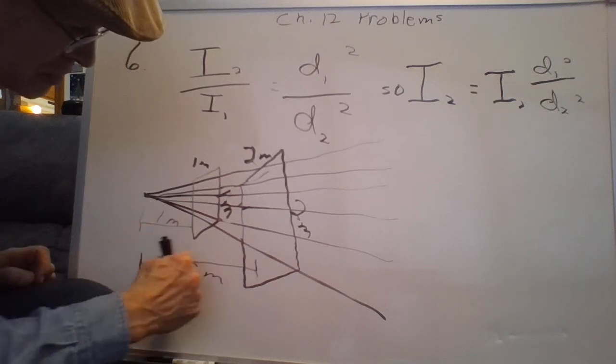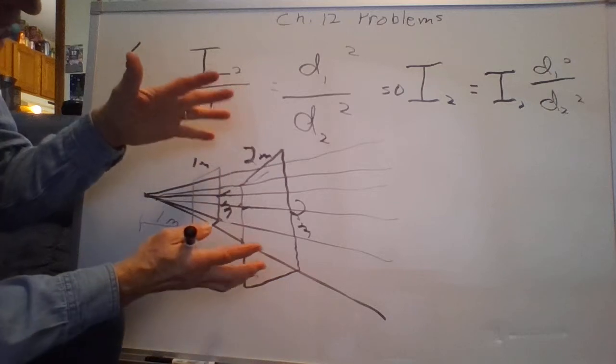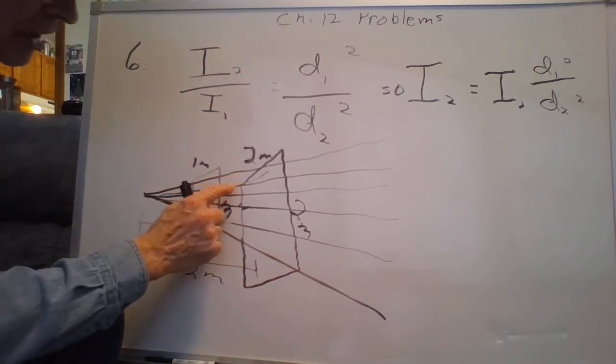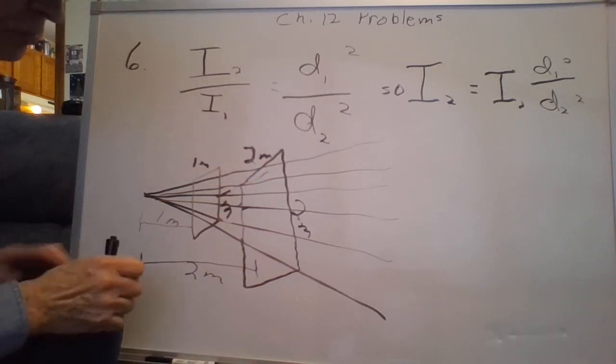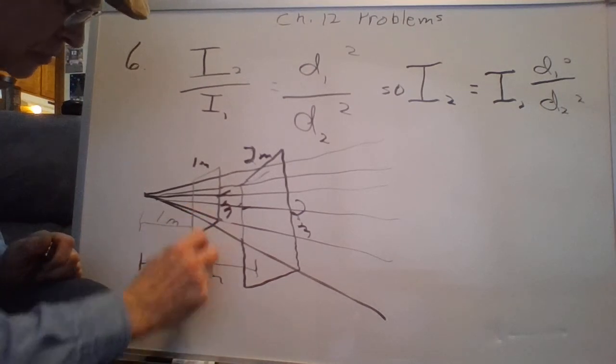But what if you doubled your distance? Well, that same square that had to contain that same amount of sound would have to be twice as big in 2 dimensions,